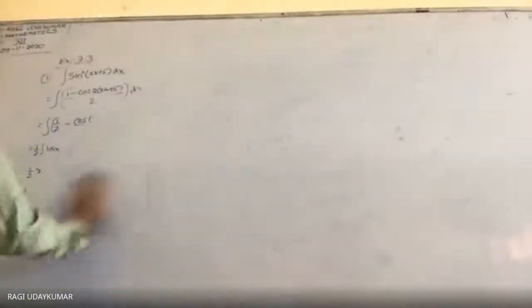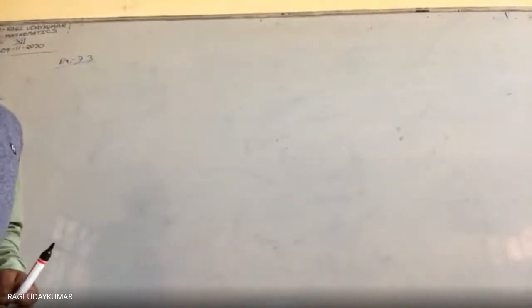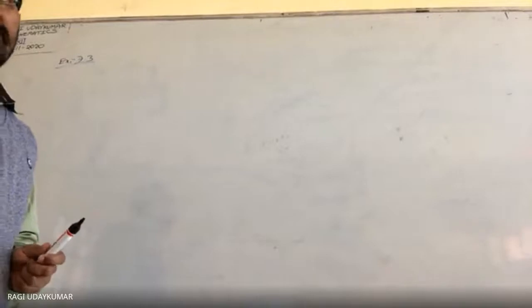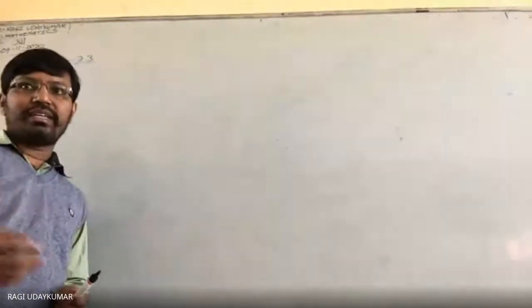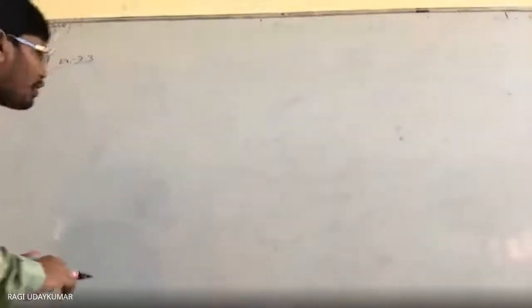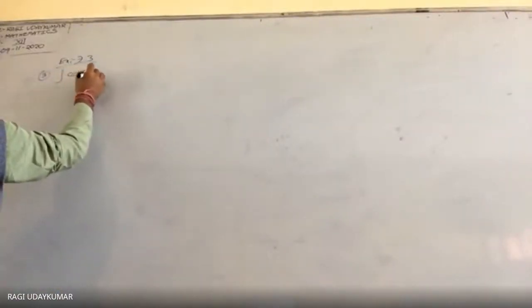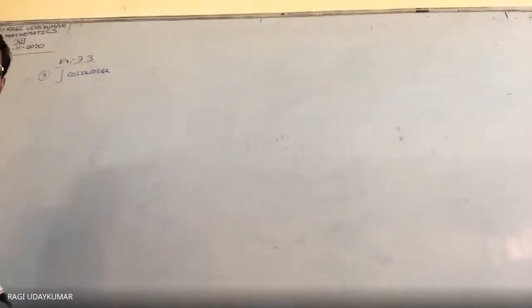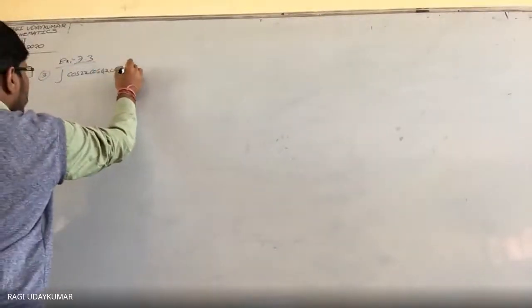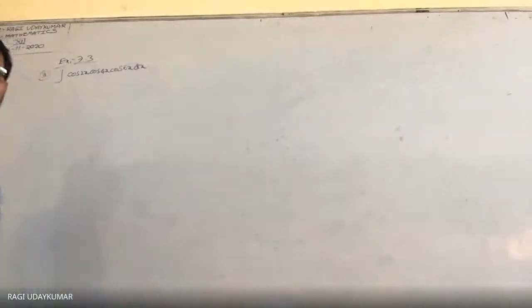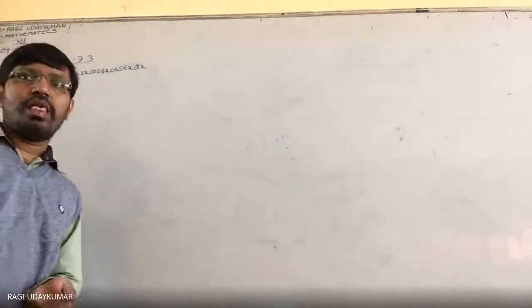Yes, sir. Okay. So next, the second problem is given in product form, so instead of taking the second problem, I am going for the third problem. In the third, three trigonometric functions are given as a product. It may be a little lengthy, but I will explain this problem. Integration of cos 2x, cos 4x and cos 6x dx. Three functions given. Sir, we know only two functions.